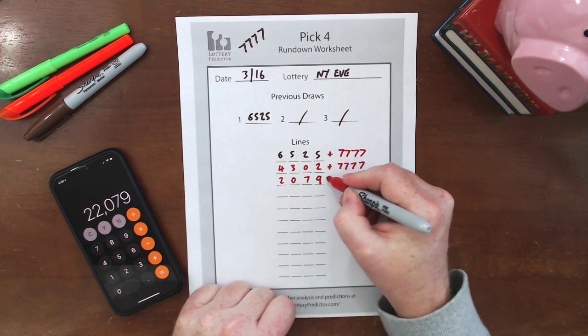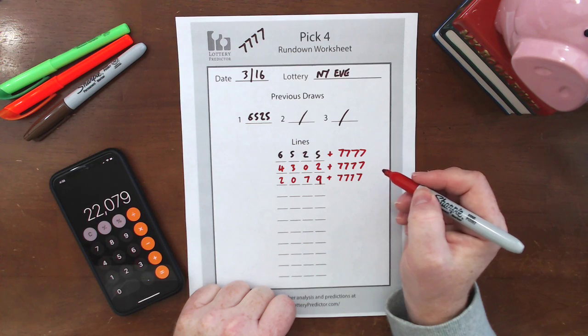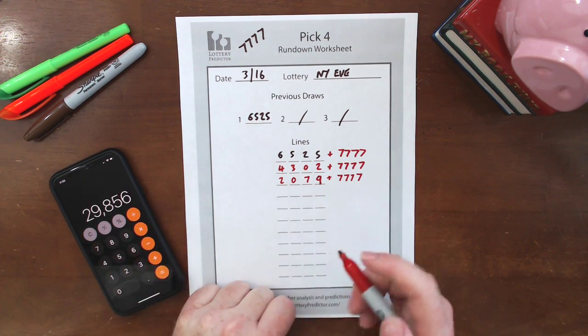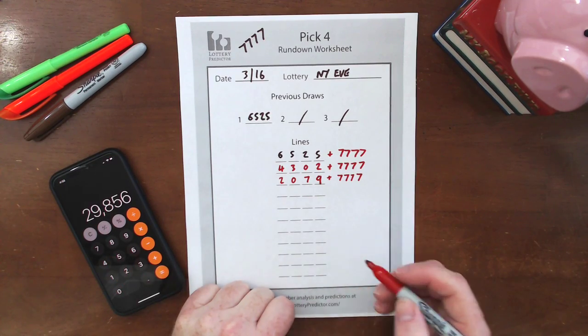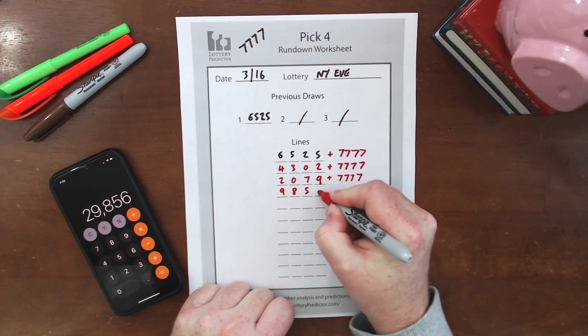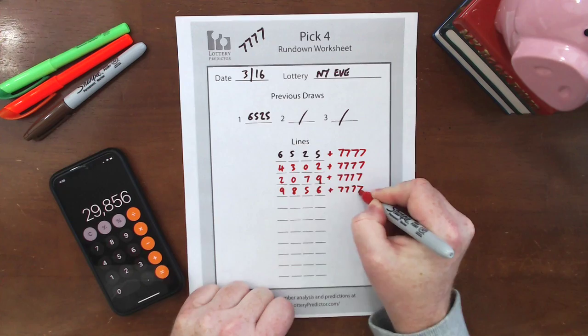Once again, we're going to add 7777 to that. I hope I'm counting 4 sevens there, but there we go. Supposed to be 4 sevens, and that gives us 29,856. We'll put 9856, and a couple more times here, adding